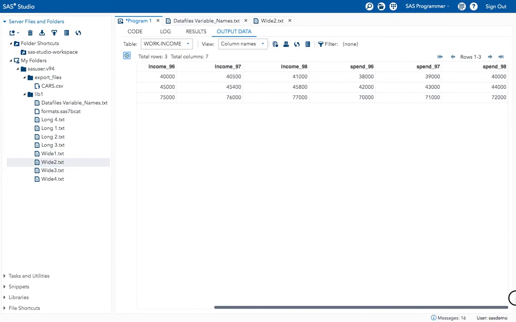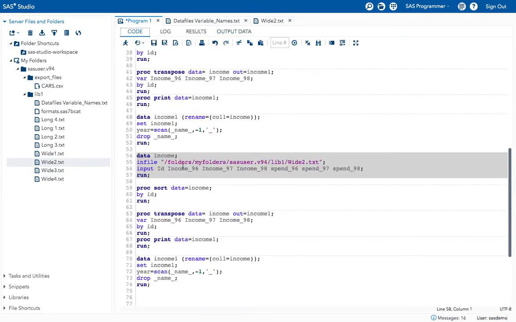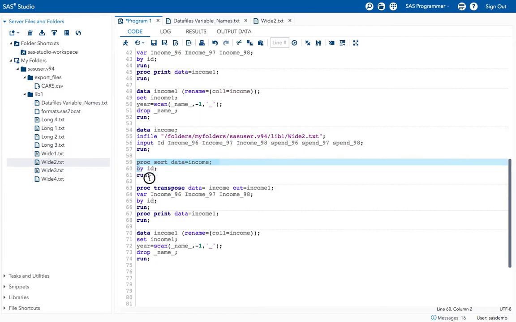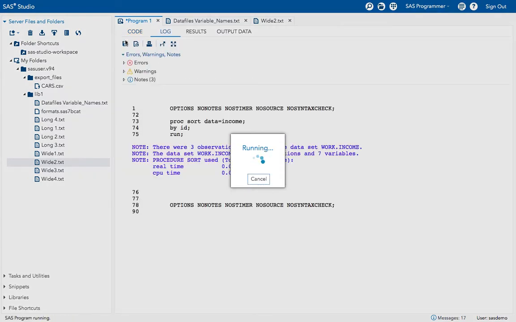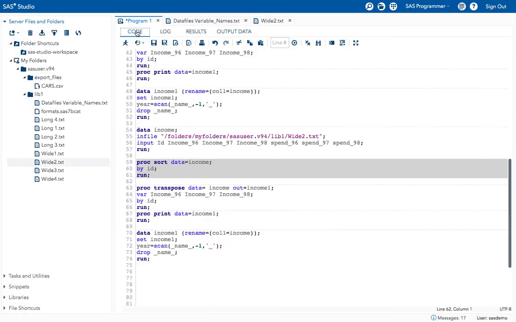Now I will sort this data, but this data was already sorted by the id variable. It doesn't matter whether you give this sort statement or not, but still I'm showing you. In general, if it is not sorted, then you have to sort it.